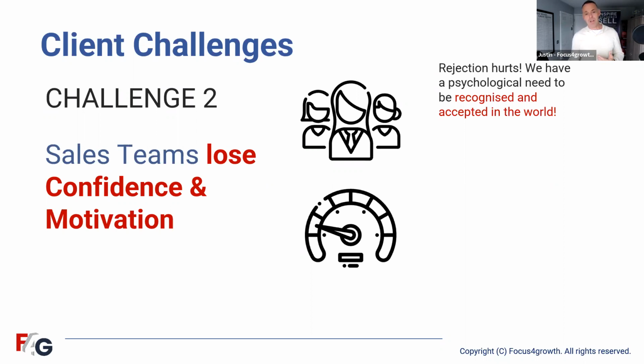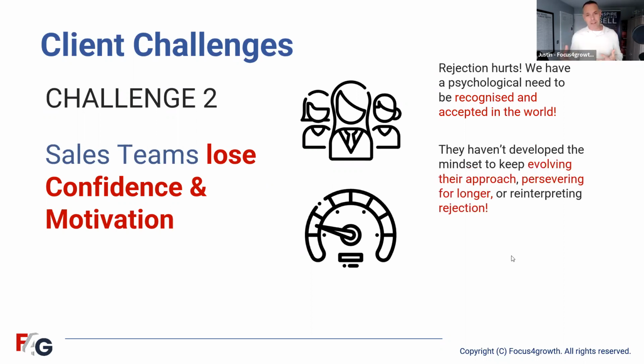But sometimes recognizing that that is part of it can be really liberating. You go, actually, it's okay. We're going through a process. We know that 3 out of 4 or 2 out of 3 is going to say no. It's just about finding the 1 out of 3 or 1 out of 4. Does that make sense? So it starts to help you build resilience. Really what we have to start to do is develop this mindset.